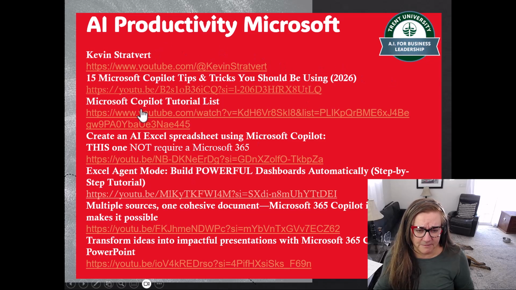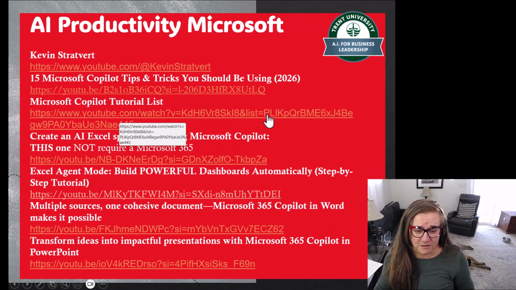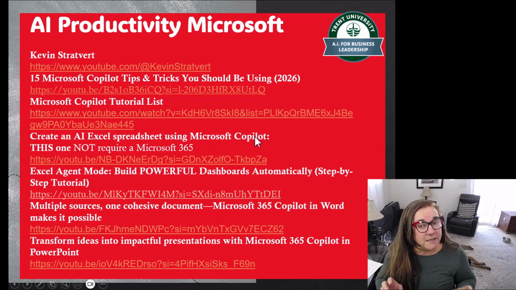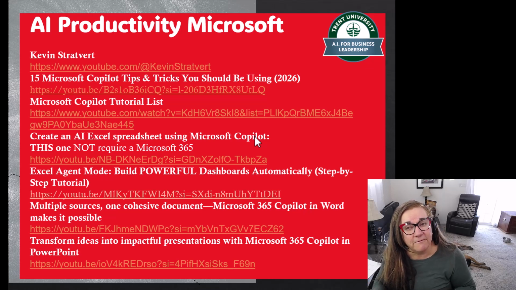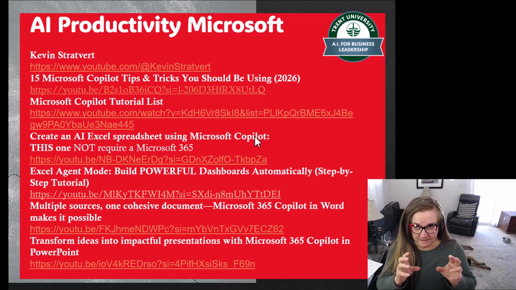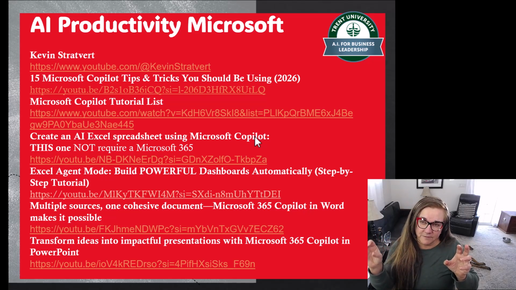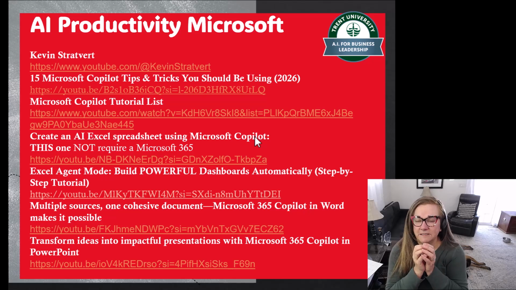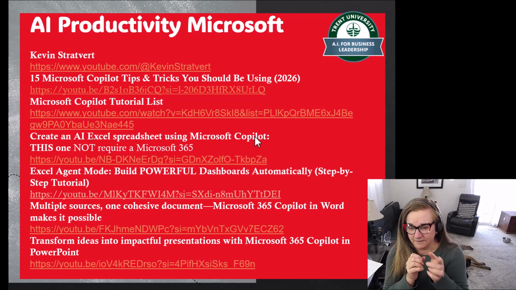If you want to go back and see them at some point, the Microsoft Copilot tutorial list is right here. This is right from Microsoft, so that's a very good one as well. This one's creating an AI spreadsheet using Microsoft Copilot, but not using 365. So this is kind of interesting. If you do not have 365, so you do not have Copilot in your 365, you can still look at this video. It'll show you how to use Microsoft